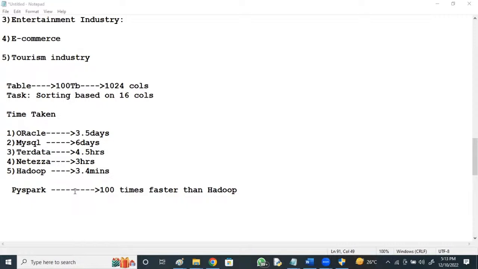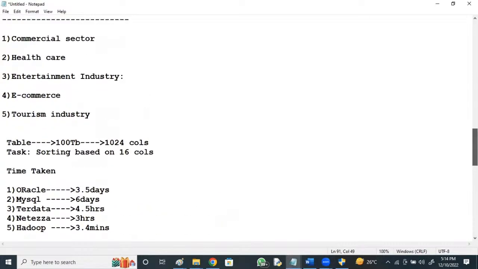As I said, we are going to build a data flow, and we trigger some action, only then it gets executed. It's divided into partitions, distributed across multiple machines, processed in parallel, and gives the result. So it's 100 times faster than this. This is the motivation towards Spark.